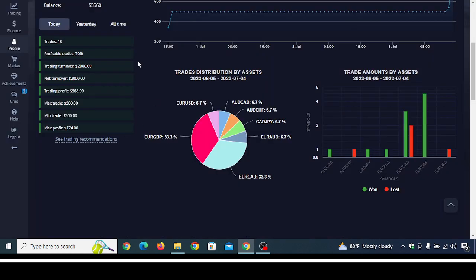So as you can see, this is one of my VIP copy traders' accounts. He is a subscriber of my VIP Telegram channel, and he copies my trades directly. He has recently joined, and he has already made a profit of $568 today, and in all time he has made about $1,060 profit. So if you are serious about making money by trading binary options automatically in your Pocket Option account, then